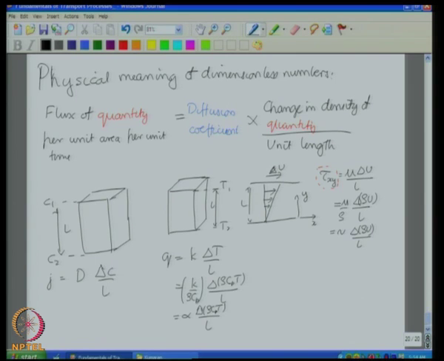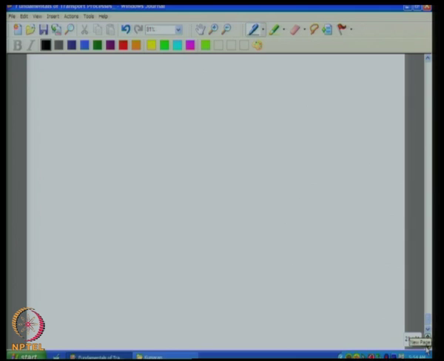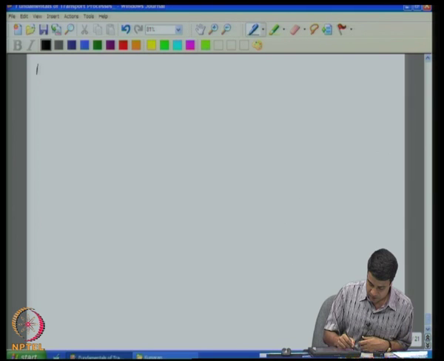So, expressed in this general form, I have a diffusion coefficient for mass, which is just the mass diffusivity itself. I have a diffusion coefficient for heat, which is the thermal diffusivity, k by rho Cp. And I have a diffusion coefficient for momentum, which is viscosity divided by rho, the kinematic viscosity. And it is easy to see that all three coefficients